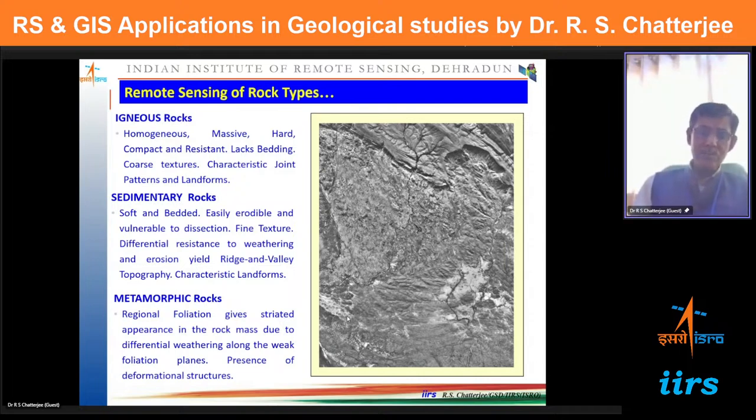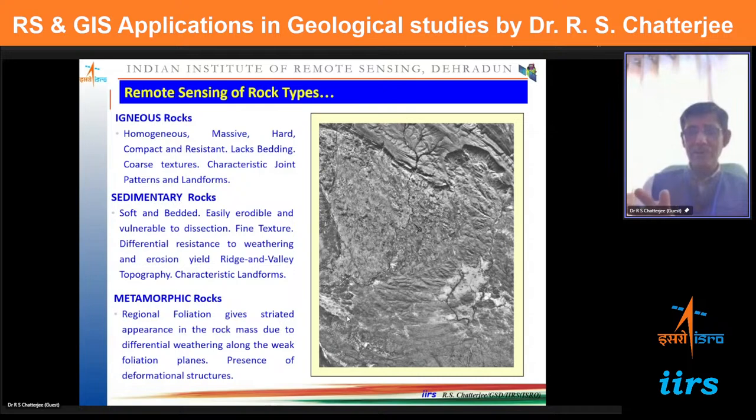Okay, and the other kind of rocks is the metamorphic rocks. These are formed due to metamorphism, meaning due to an increase in pressure and temperature. So here both sedimentary rocks and igneous rocks can be metamorphosed, due to the changes in the pressure and temperature. Now you see what are the characteristics of these rocks, so that from these remote sensing images we can